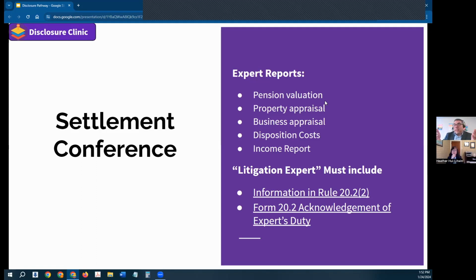Let's bring this back a little bit simpler. On your financial statement, you have a line item that says bank account, and it says $300. Back in stage 2, you found a bank statement, saved to PDF, that says $300, and you've proven the line item, and you're done. But what about some items that don't have a piece of paper, that you need some form of opinion on? All of these things in these bullets: pension valuation, property appraisal, business appraisal, certain disposition costs, which are liabilities